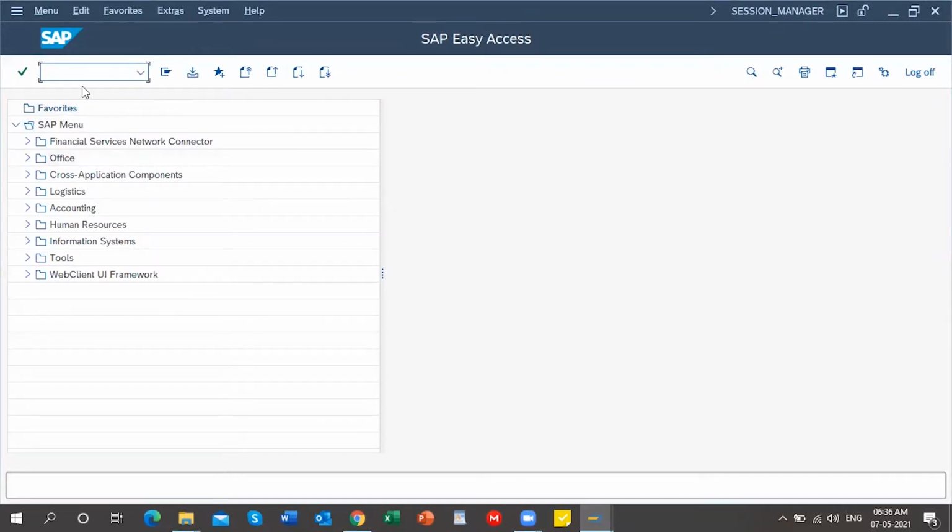Yesterday we completely defined the enterprise structure and the assignment part is done. A few things I want to show you in the SPRO screen.